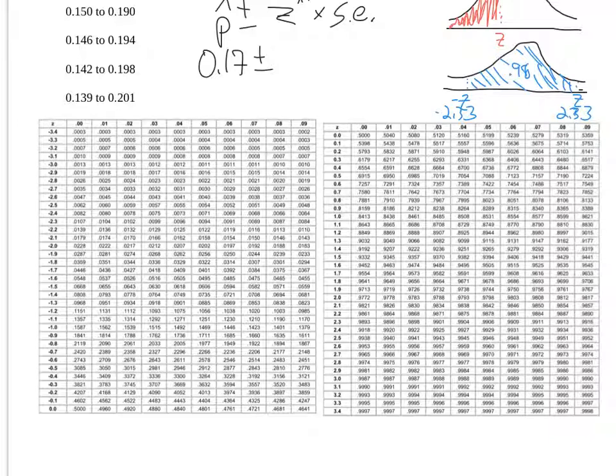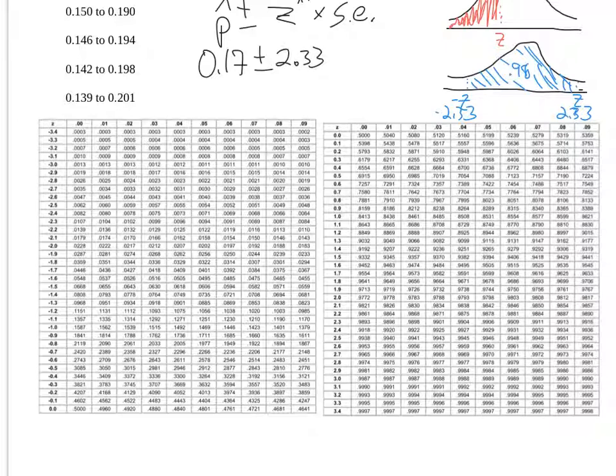And I should clarify, when I found this value over here, I used this probability because it's closest to 0.01, and how I got this negative 2.33 from that is I went first to the left and saw that it began with negative 2.3, and then I had to go up the column to the header where it says 0.03. That means at the end of that negative 2.3, I'm going to put another 3. So we see that the z value here is 2.33. We're going to use the positive value here. So now I can write that in my formula,